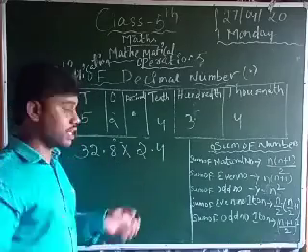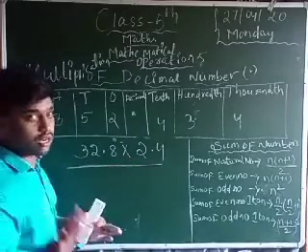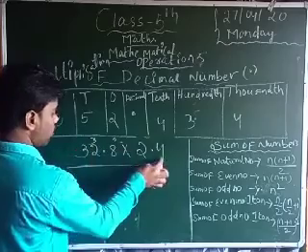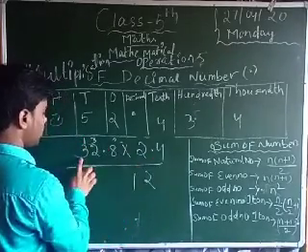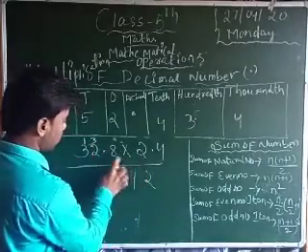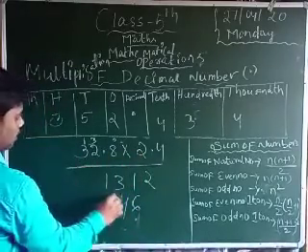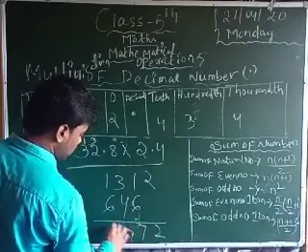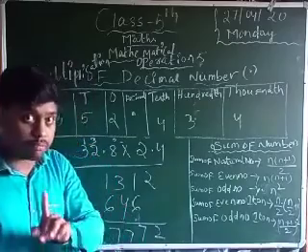Last once you can see 4 as usual into done. 4 8 is how much? 32. You can do it in 3. 4 2 is 8. 8 plus 3 11. 1 1. 4 3 is 12 plus 1 13. Okay, one step over. Remaining 2 8 is 16. 2 2 is 4. 2 3 is 6. Now answer can do it 7 7 7, 7772. Now this is only important trick.